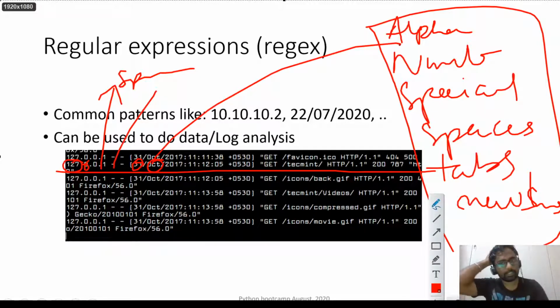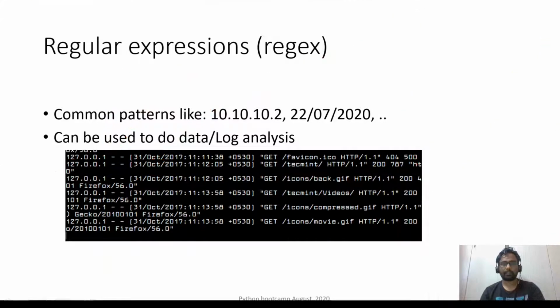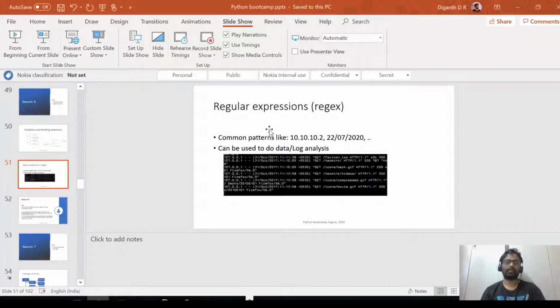So now let us try to extract. If I want to extract this particular line, this line says okay, from this IP address this command was sent, and there was some code. In order to extract all the IP addresses, let us just take one example,